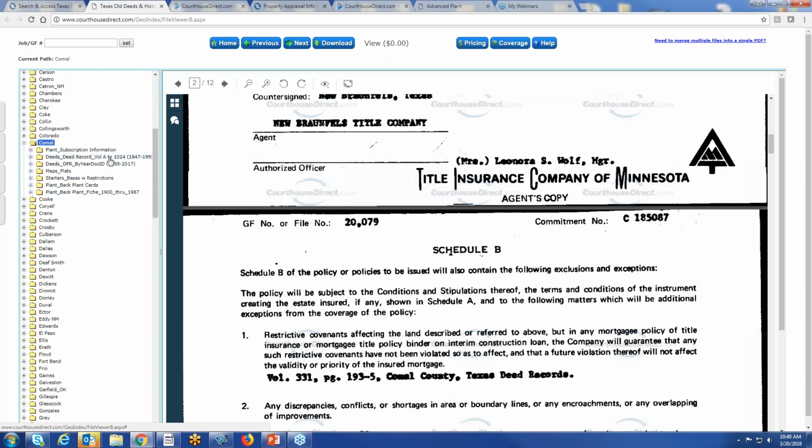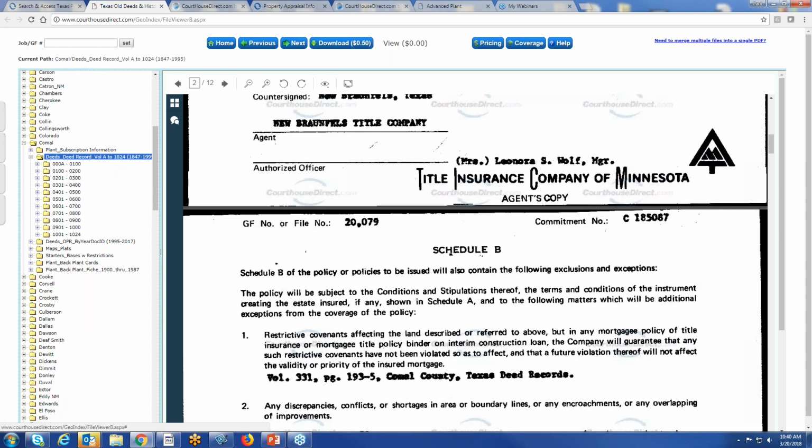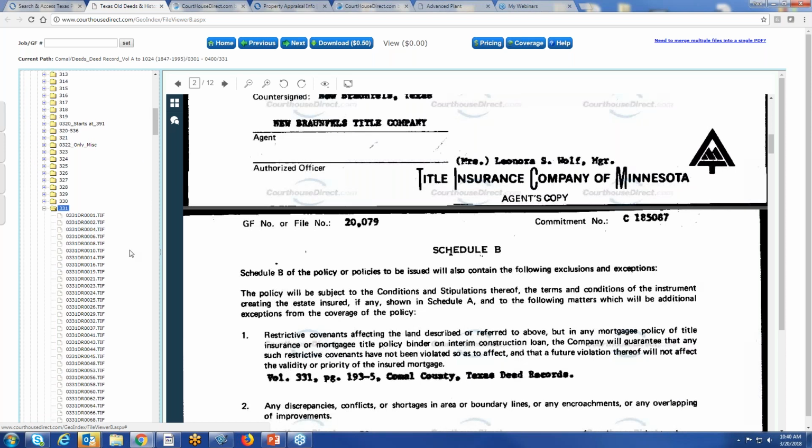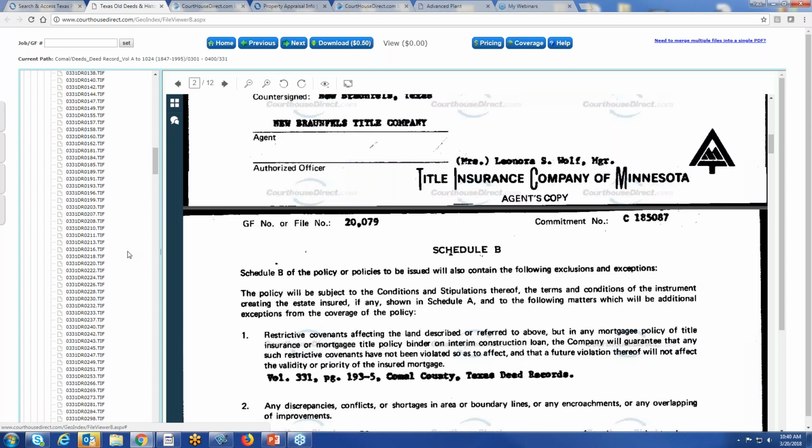And then I want to pull this particular document, which was volume 331. So this is like pulling a book off the shelf. It's just as easy or as simple as that. So I want to go down to page number 193. There's my document. You see how the numbers kind of jump here? You can kind of tell that that's probably a 3-page or 4-page document, and you can see that's a 2-page document. So what we do is we staple these documents together. You typically scan them as individual images, and then we do kind of a stapling technique where we put those